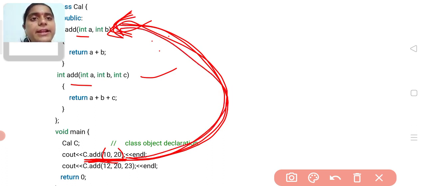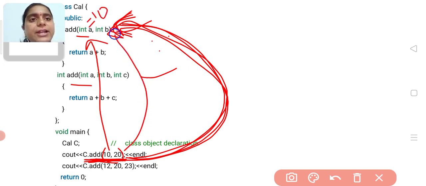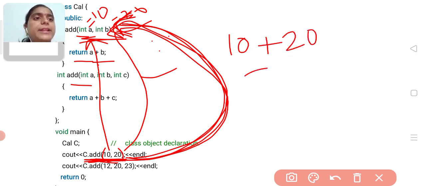Here this 10 will be passed to a and this 20 will be passed to b. In this function we have written return a plus b, so it adds 10 plus 20, and the value becomes 30.